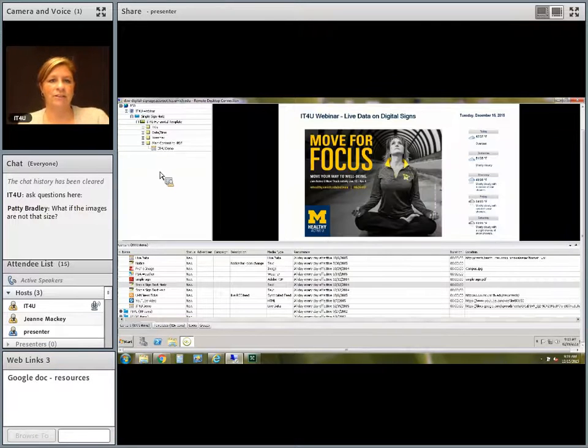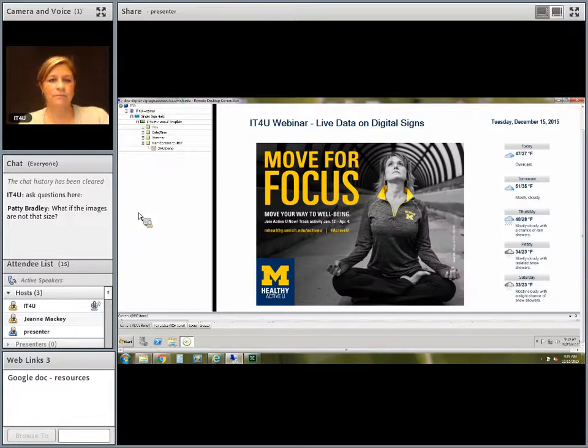So let me get out of there so you can actually watch it, and I can make this a little bigger. This would be a really good way to take advantage of all the shared content that people are advertising. Yes. So if you are part of the digital signage community, the Google Plus community for digital signage, you can see that people are always posting different flyers that are available in Box.